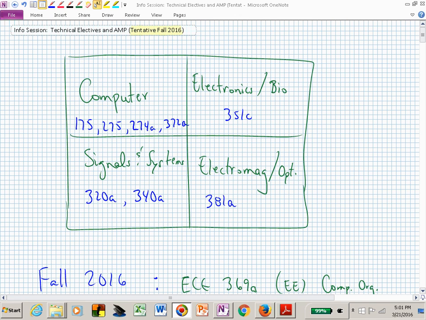Welcome to a review session for technical electives and also a little bit more information about the AMP. I know we're in ECE, so you know about AMPs, but this one stands for the Accelerated Master's Program. If you're interested in that, we'll talk about that in the second half. But today, the main part, we'll be talking about technical electives, and you can think about those somewhat relative to